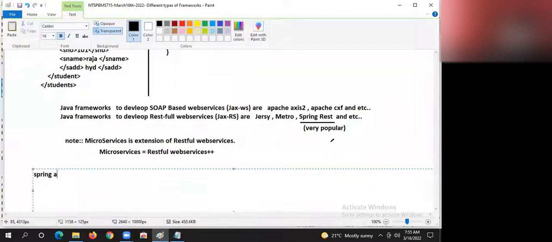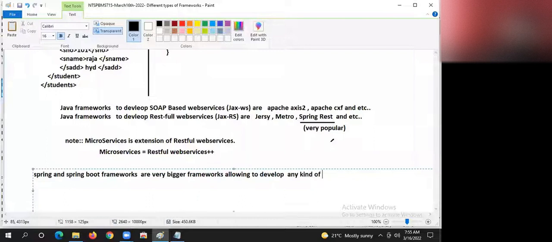Spring and Spring Boot frameworks are very big frameworks, allowing us to develop any kind of Java applications.